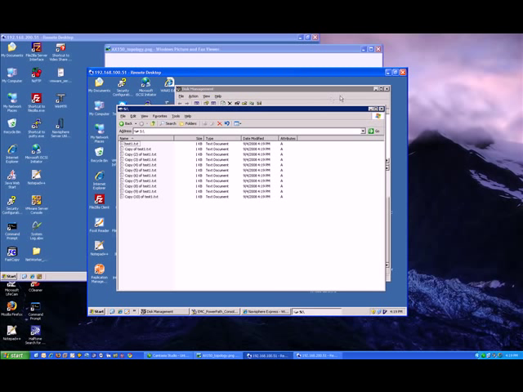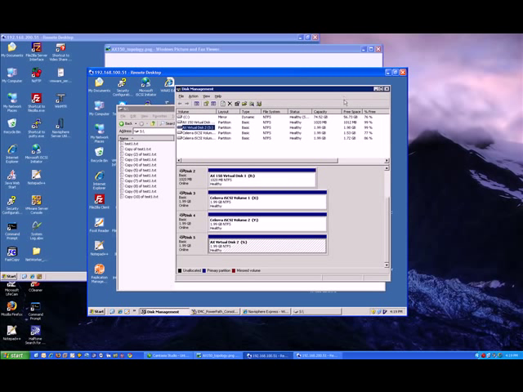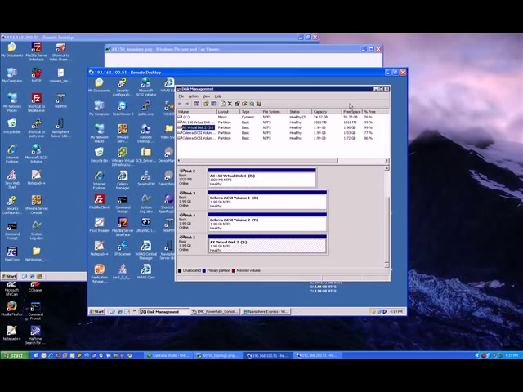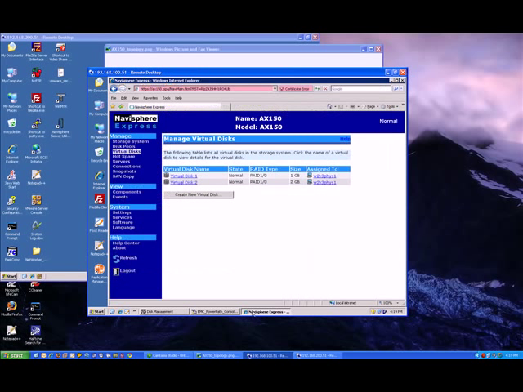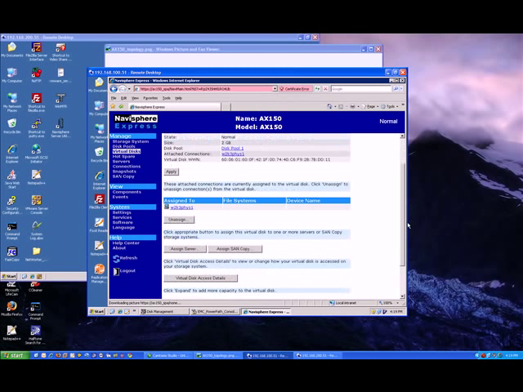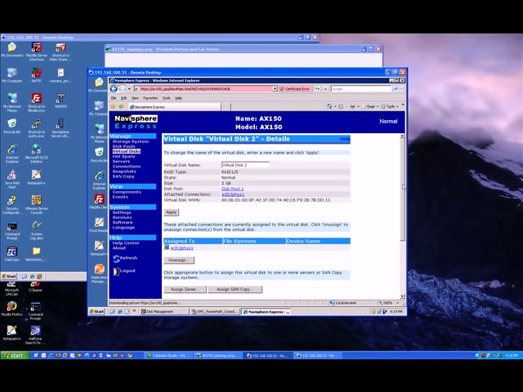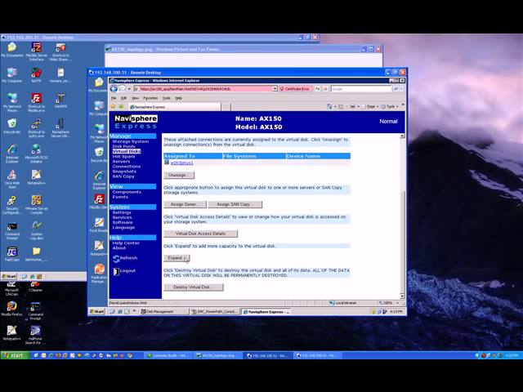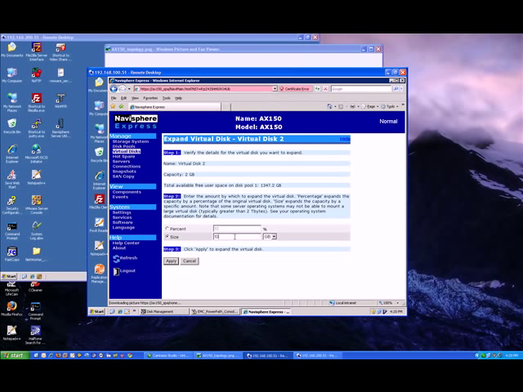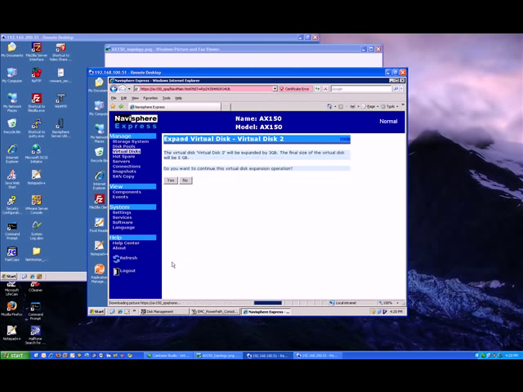So from here, what I'd like to show you next is how to expand this virtual disk. So we have right now a 2 gig virtual disk, and we have the option to come into that virtual disk, Virtual Disk 2, and we have plenty of space on that LUN. So let's say we're out of space on Virtual Disk 2, and we need to grow that virtual disk to a 5 gig virtual disk. So I'm just going to say expand, and I'm going to expand this by 3 gigs, making it a total of 5 gigs. It's currently 2, and we will say apply,